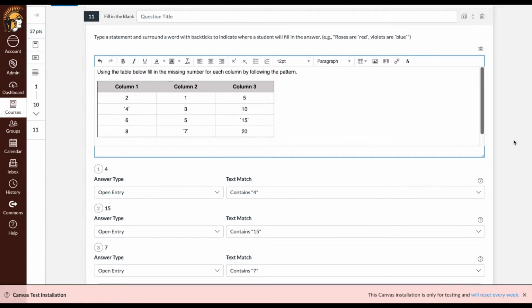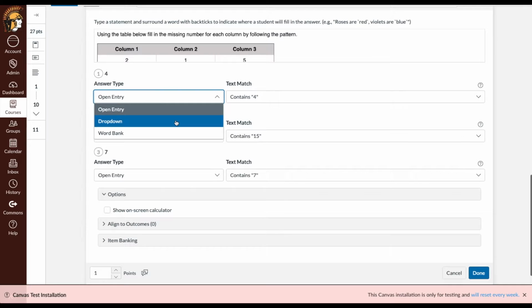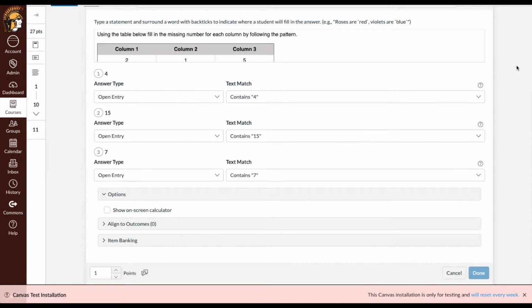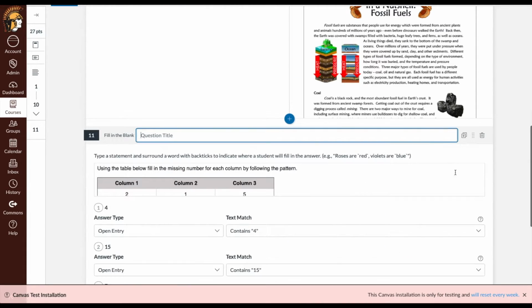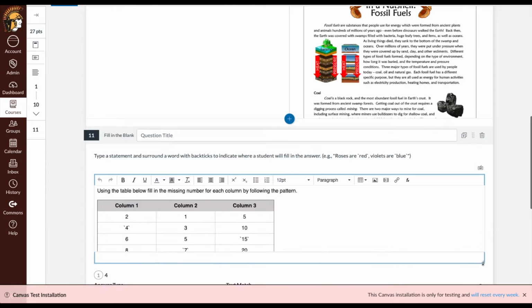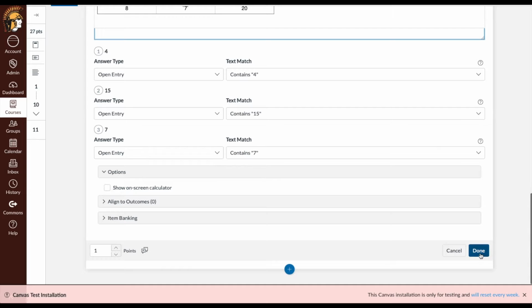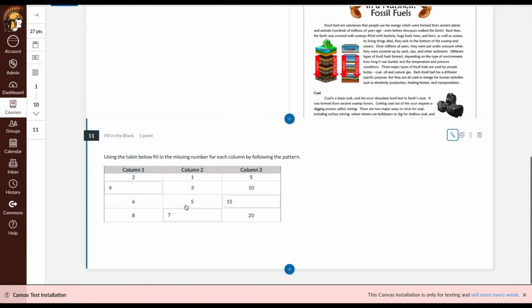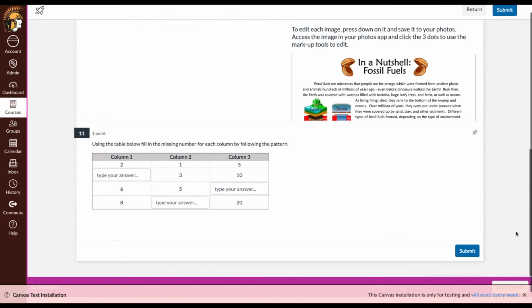I could leave these as just open entry where they have to actually type the number. I could also change those to drop downs where they would select the word that is inside of it. So if I save this question, because I have that done, I can hit done, and now this is what it looks like with the blanks. And if I go to the preview of this, now I can see that as a student, I would just be able to type in my correct answer